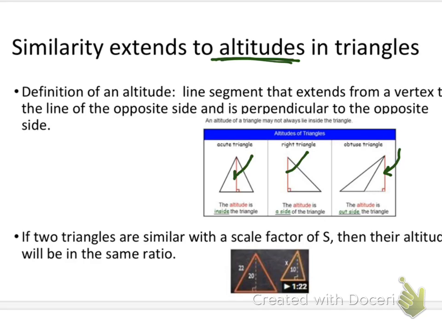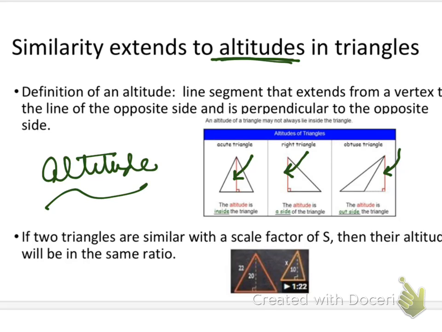So isosceles, altitude's inside. Right triangle, the altitude will be one of the legs. And an obtuse triangle, the altitude will be outside. Okay, so that's facts about altitude. So you need to know things about altitude just in general. Okay, then the next piece of it as it relates to similarity is that if two triangles are similar, then